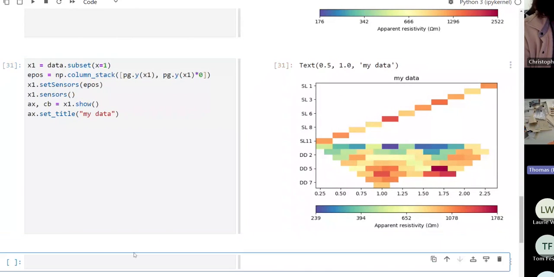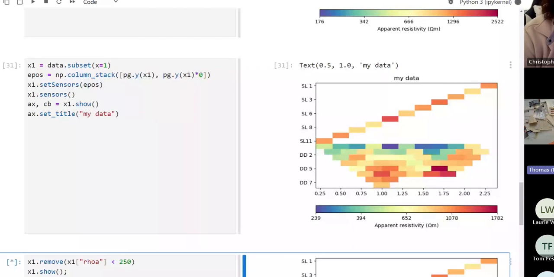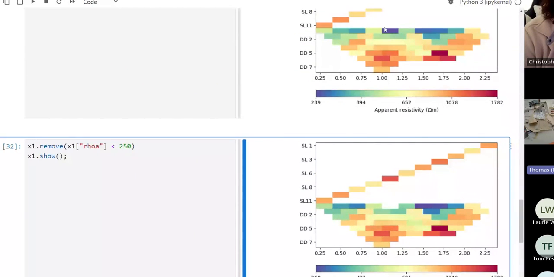And that's why you can filter this data, and you can just say remove x1 apparent resistivity is smaller than 250, and then you x1.show. And then you see the filtered pseudo section, which is almost the same, except that this one position is missing now. So maybe that's a better data set, but if you write it down like this,